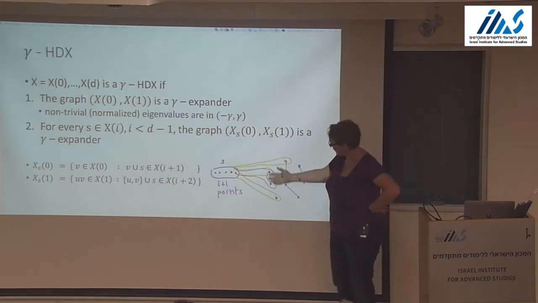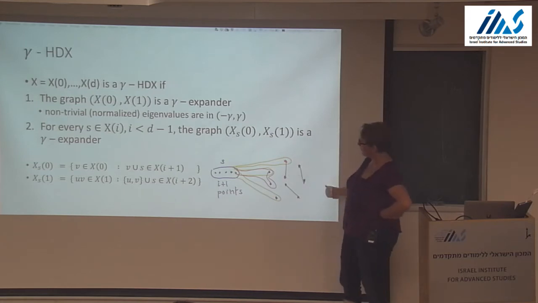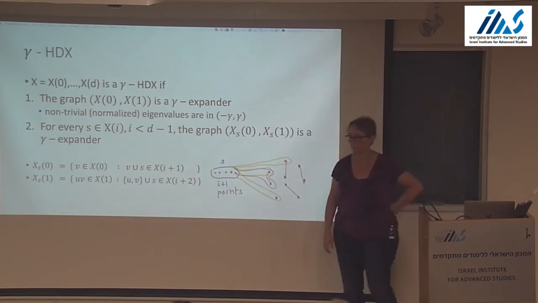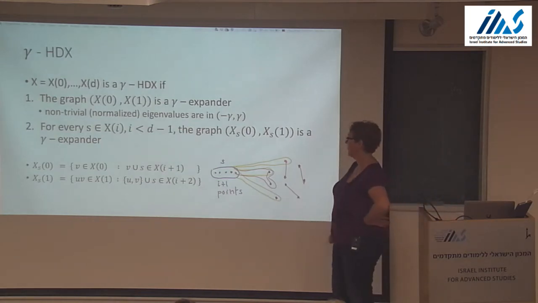And you want this graph to be an expander as well. It should be a gamma expander, just like before. Consider -1 trivial? Thank you. No. So